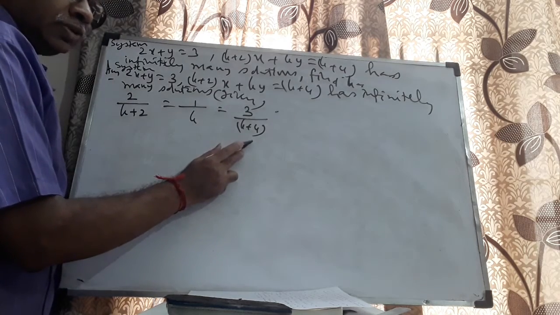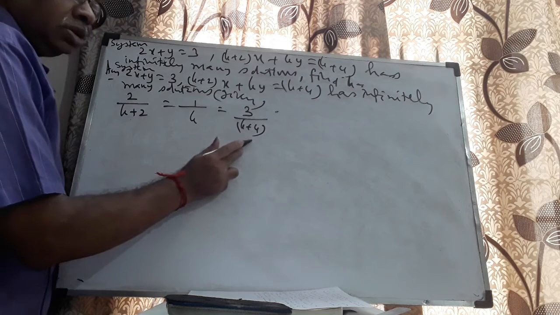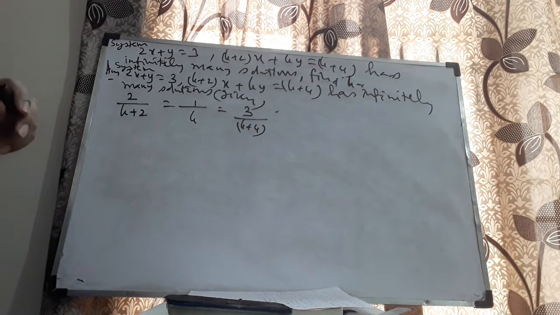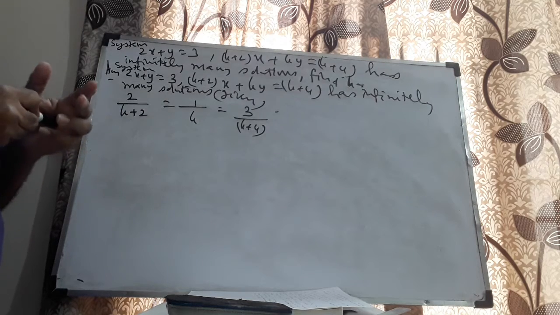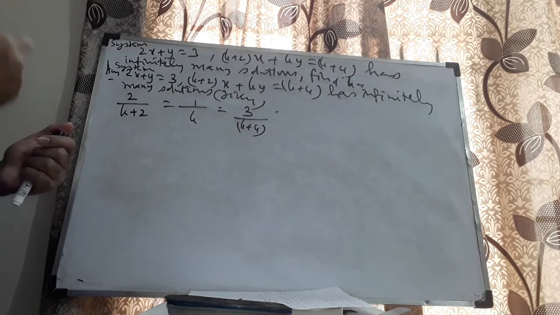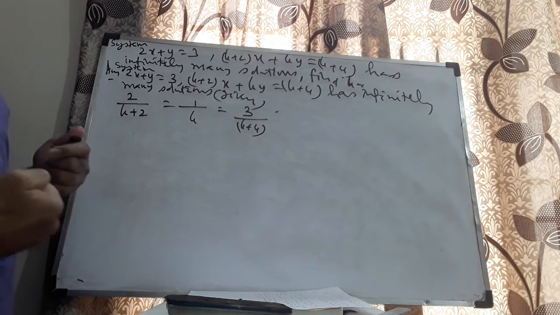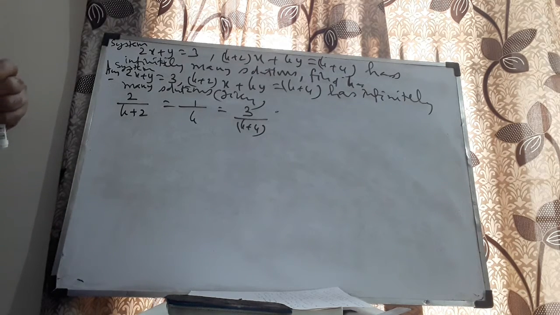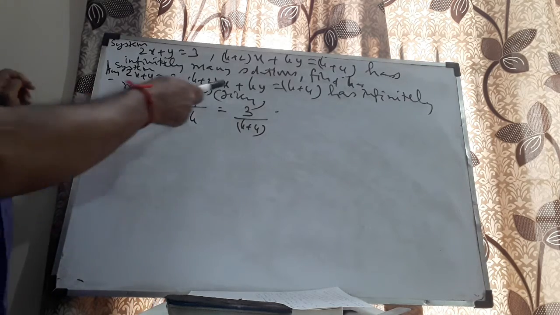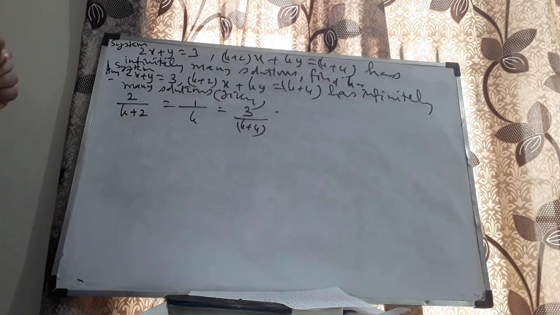I'll equate the second and third ratio. I'll equate the first and third ratio. The common value of k you get at the end should be the corresponding value of k. If there is no common value of k obtained after doing the three different cases individually, it doesn't mean that the question is wrong. You have to give the conclusion that for no real value of k, the given system will have infinitely many solutions. That is how you are supposed to give the conclusion.